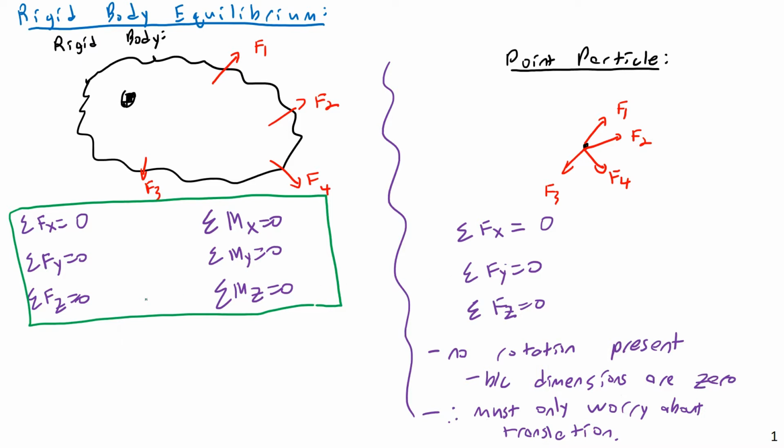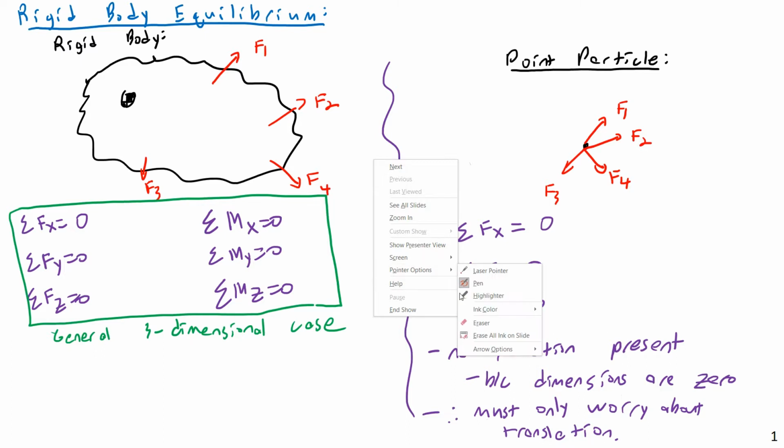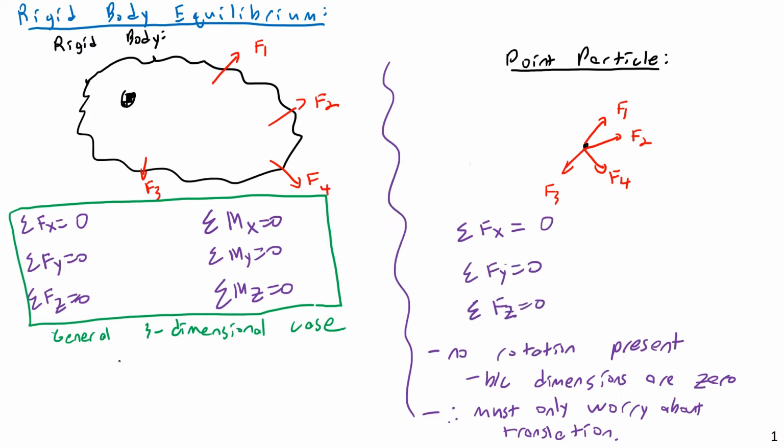And again, that is for the entirety, the maximum. This is the max general case. This is a general 3-dimensional case. This is static equilibrium if you have to worry about x, y, and z translation and x, y, and z rotation. And in terms of what that means, if you're having trouble visualizing this,